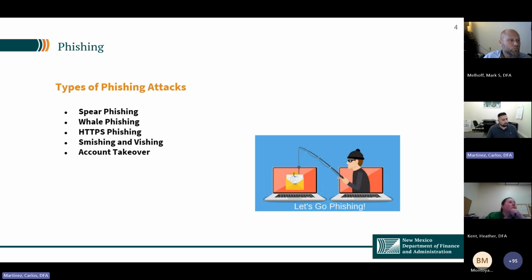As well as vishing, which is more of what you see from a telemarketer type scenario, where somebody's calling you, posing to be a certain individual to see if you would provide additional information for them.